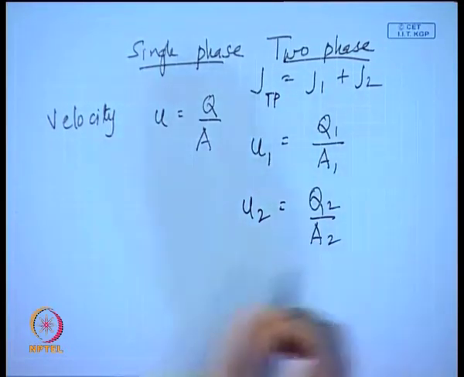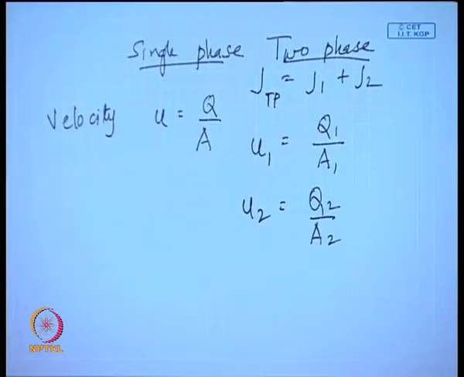Now, remember one thing, it is very difficult to measure this A1, A2. It is not very easy, because, as I had discussed in the last class, how much of the cross sectional area will be occupied by phase 1 and how much by phase 2 depends upon the interfacial distribution, their density, their other physical properties and so on and so forth.